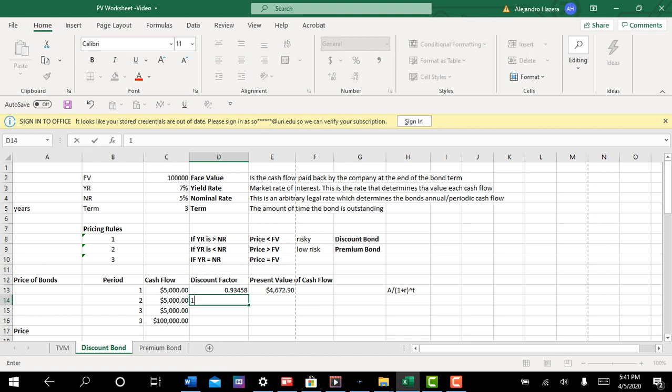Okay, so we're going to take 1 divided by 1 plus the yield rate. Here we go again. This is going to be equal to 1 divided by 1 plus the yield rate. Now this is going to be raised, as you recall, to 2 years